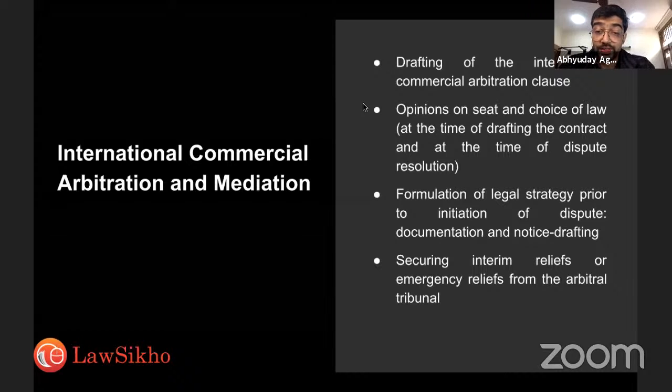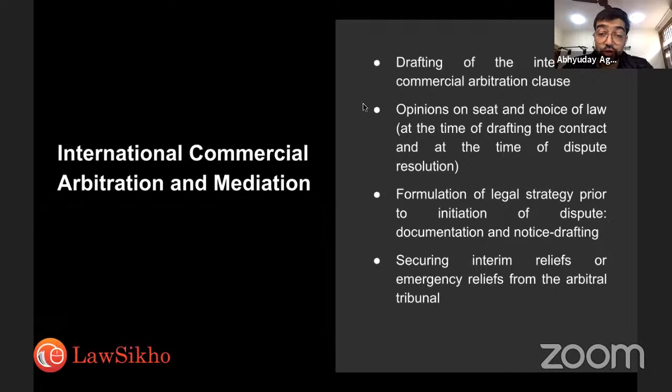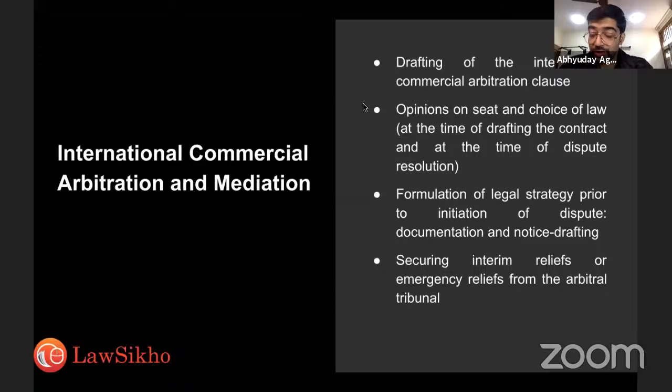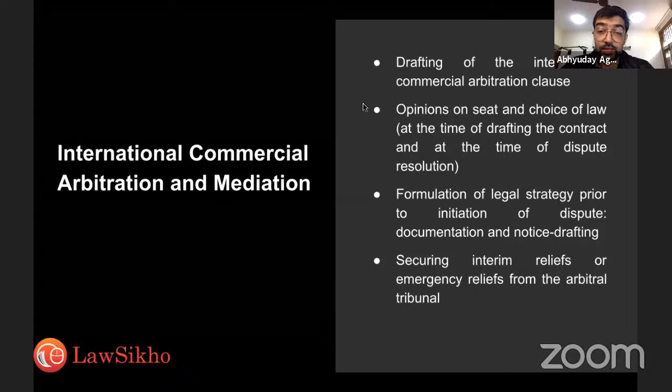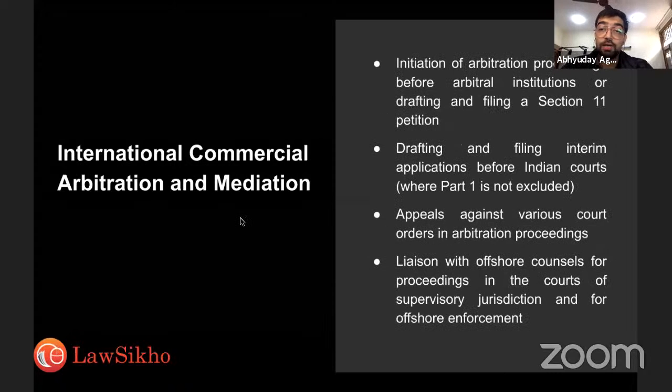Formulation of legal strategy prior to initiation of dispute. There could be documentation work, issuing the right notices under contract, and then initiating arbitration proceedings. Securing interim reliefs, and in case of institutional arbitration, institutions have some concept of emergency relief from the institution itself, okay, before the arbitral tribunal is even constituted. So emergency relief work, interim relief work,